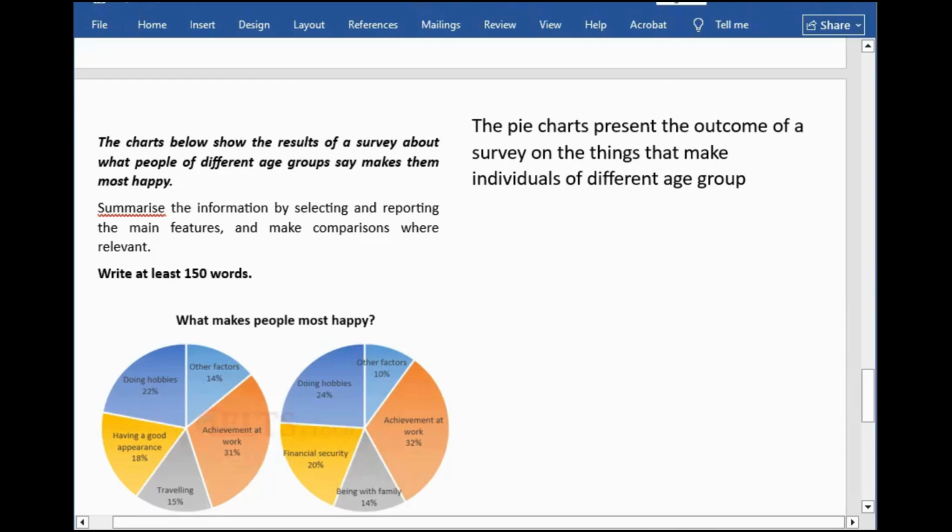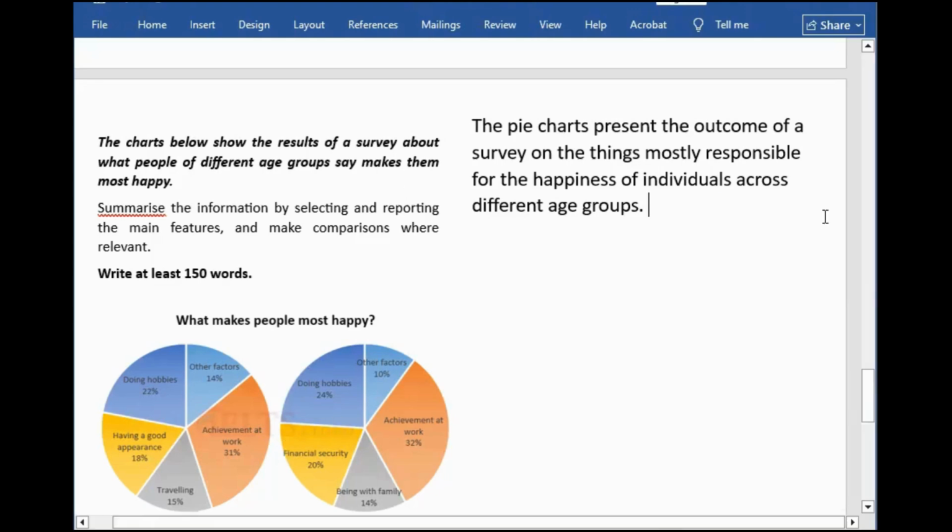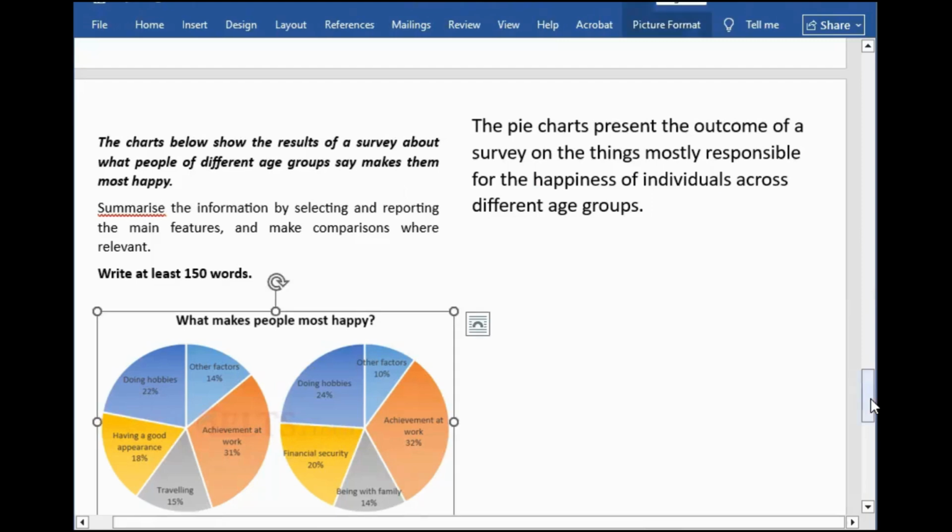The things that are mostly responsible for the happiness of individuals across different age groups. Okay? Individuals across